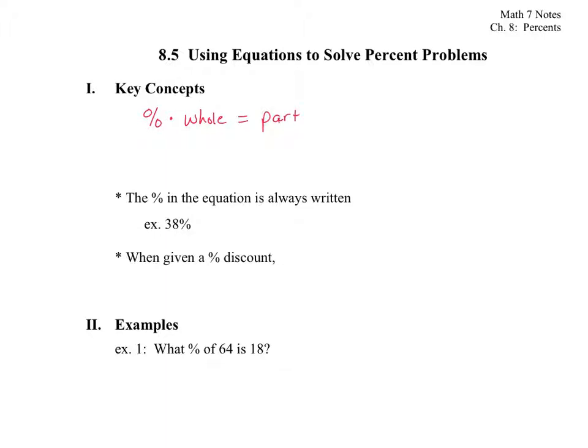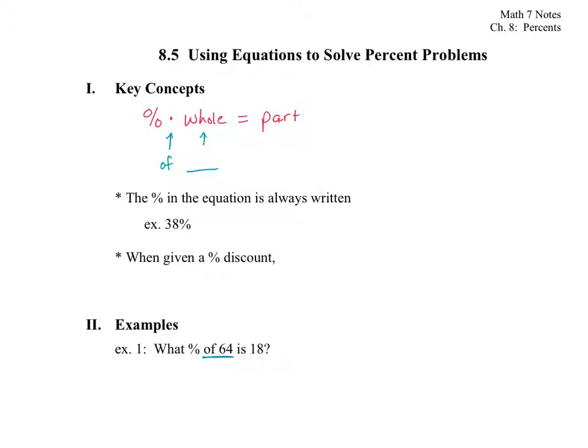And there's words that they'll have in a lot of the story problems that help us figure this thing out. The word of means multiplication. So often when you're talking about what number goes in for this whole, the question will say something like, what's the percent of 64? So looking down here at example 1, this of 64 tells us that the 64 is going to be that